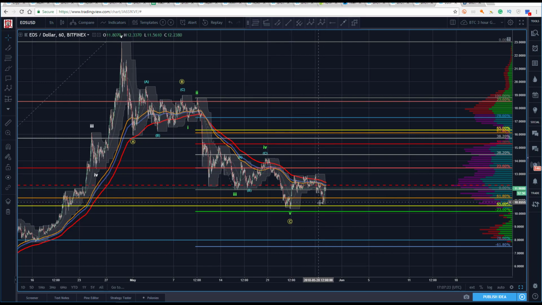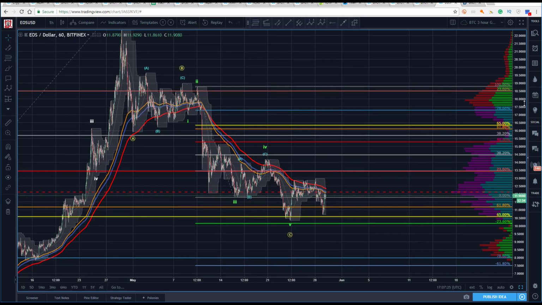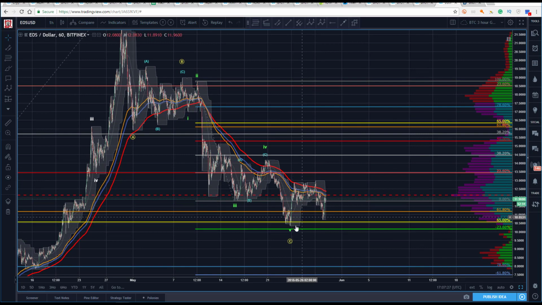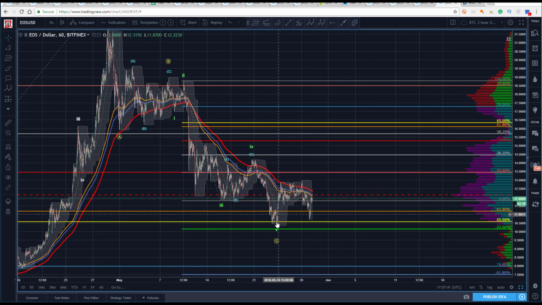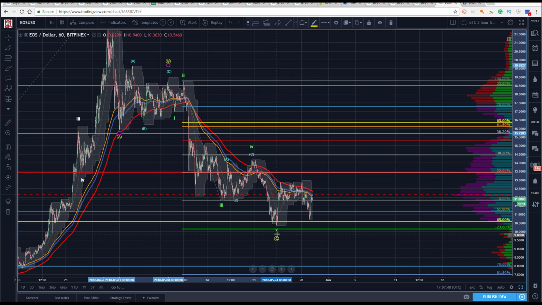Retest of the low, that holds. So you could make the argument here that potentially we've got some sort of an additional 1, 2. It's a little bit too soon to call that a 1, 2, primarily because we don't get a good motive wave here. I'll dig into that a little bit more, but it's not really very clean. It would be hard to call this the 1, 2 into an ABC. It's not a great looking motive wave coming out of there. But the fact that we've got a higher low is enough to maybe warm up to it.